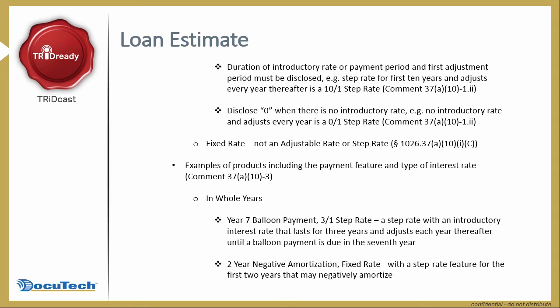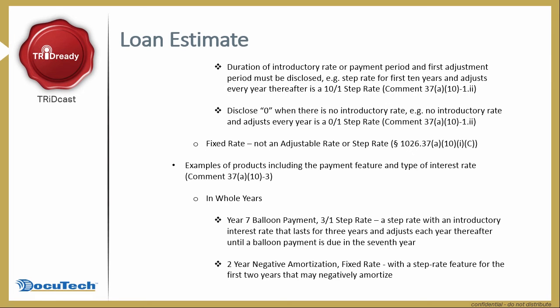The first term is a step rate loan with an introductory interest rate that lasts for 3 years and adjusts each rate thereafter until there is a balloon payment in the 7th year. So in this example, you would disclose a year 7 balloon payment, comma, 3/1 step rate. So you've got the balloon payment in the 7th year, so 7-year balloon payment, and then the 3/1 step rate tells you that you've got the introductory interest rate for 3 years, and then it's going to adjust every year